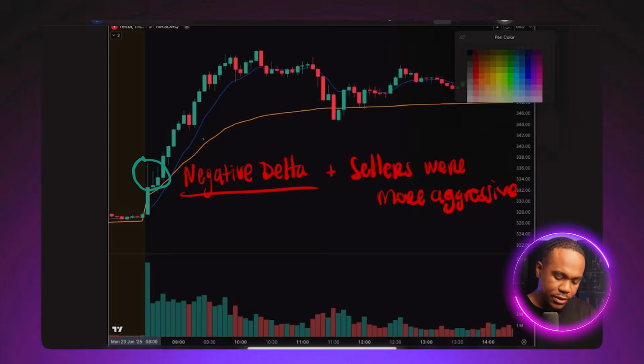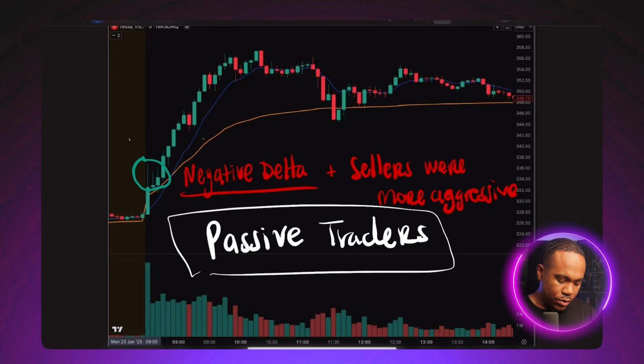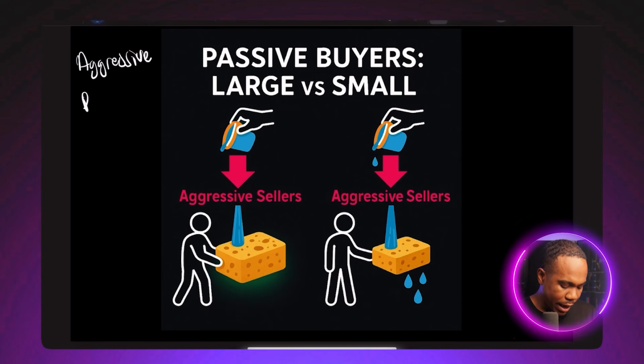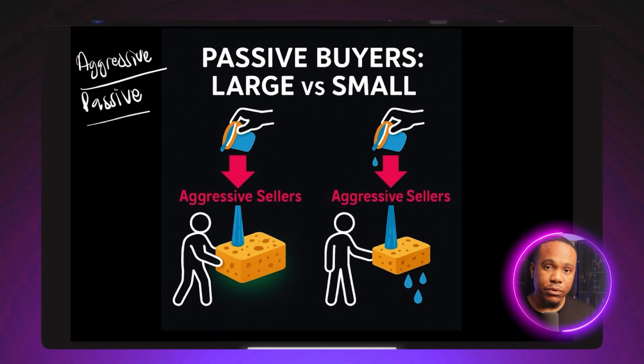That can be the case because of the passive traders. So you have two types of orders, as I mentioned: passive buyers, passive sellers, aggressive buyers, aggressive sellers. The quickest analogy that I can make, and we're diving deeper, but this will help you. You have aggressive trading and passive trading. The passive buyers are like a sponge, and they sit there. They don't move price at all. The aggressive traders move price.